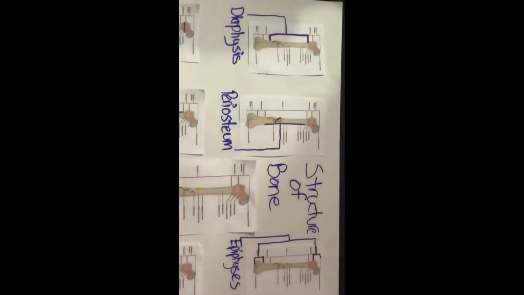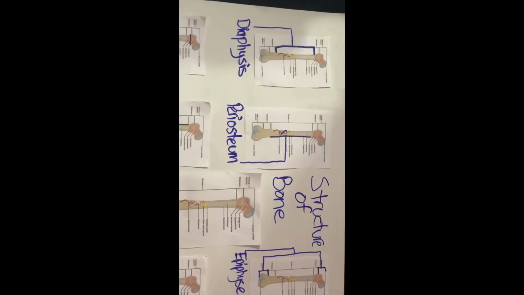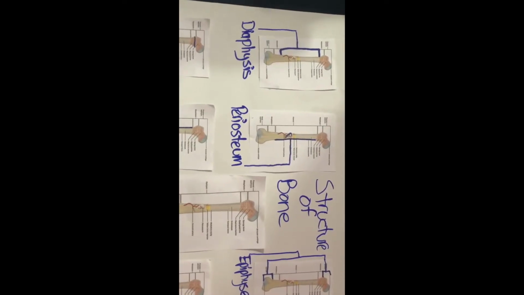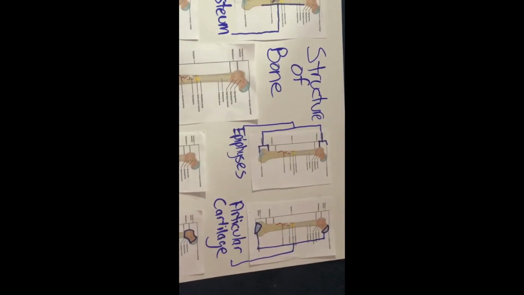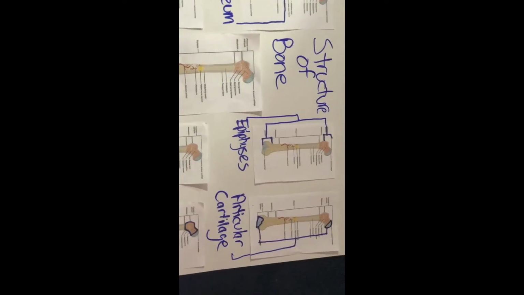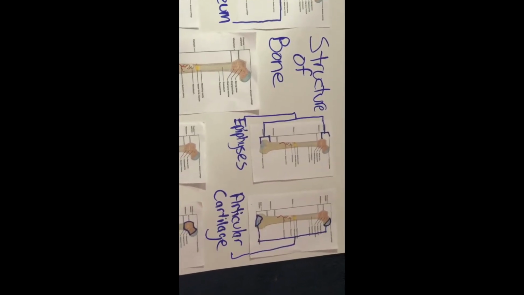The structure of a long bone. The diaphysis is the shaft of the long bone. It is made up of compact bone. It is covered and protected by the periosteum. The ends of the long bone are called the epiphysis. The epiphysis is made up of spongy bone. The epiphysis is protected and covered by articular cartilage